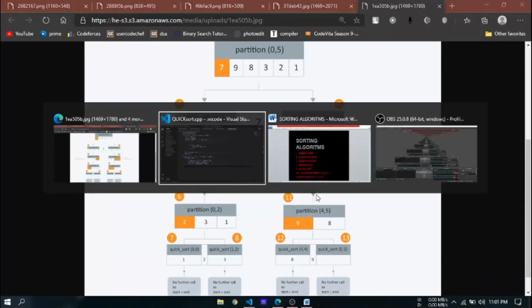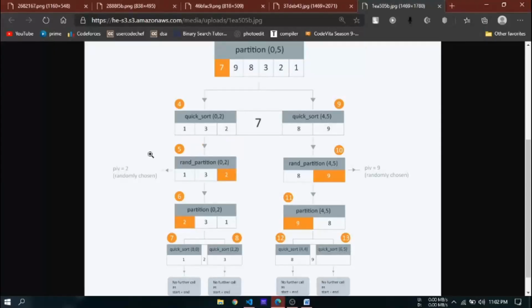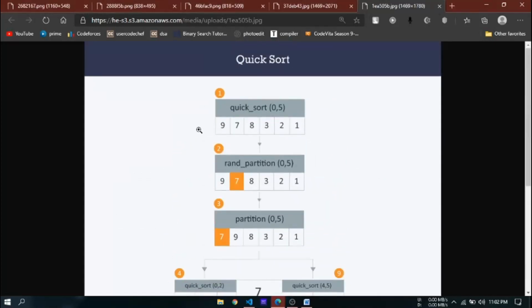The code is quite complex, as you can see, but not as complex as merge sort. Basically we have to swap the elements on the left side, and again perform the recursive steps again and again. Okay, so let's see how you can remember quick sort. How you can remember quick sort is it's quick.